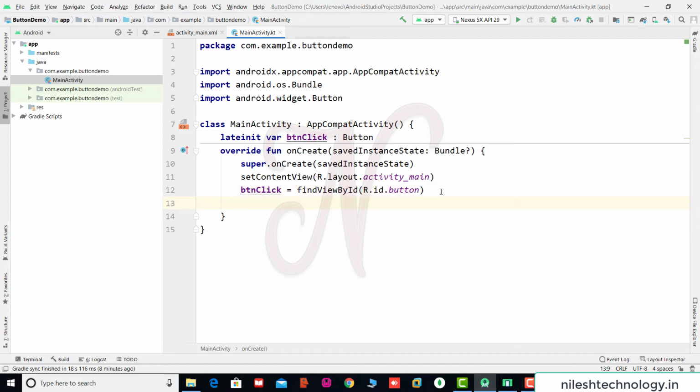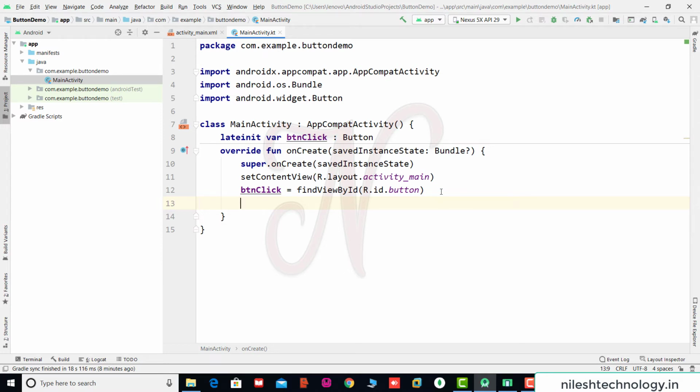Now here we set some event or some action to this button. When we click this button, then some event appears. What is an event? Events are a useful way to collect data about the user's interaction with interactive components of applications. An event listener is an interface in the View class that contains a single callback method.